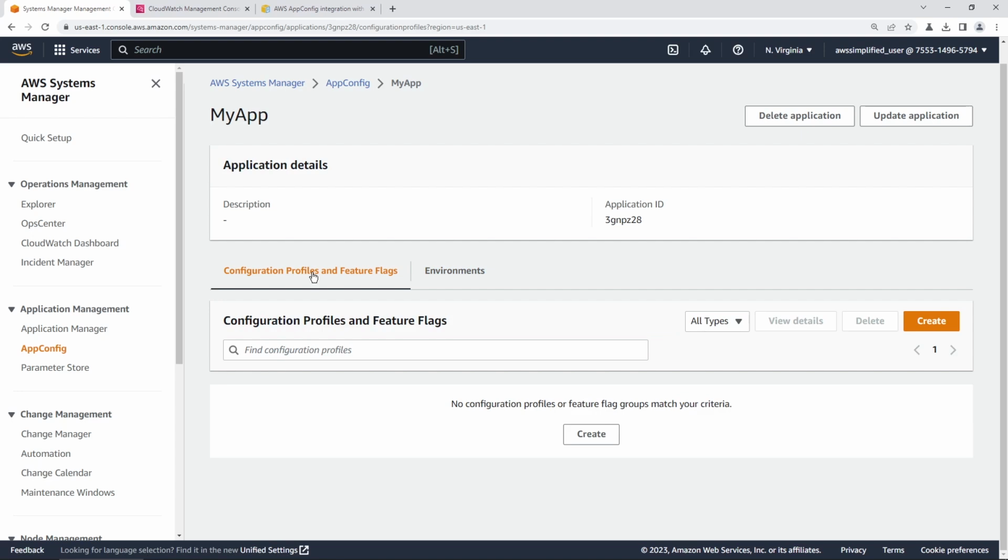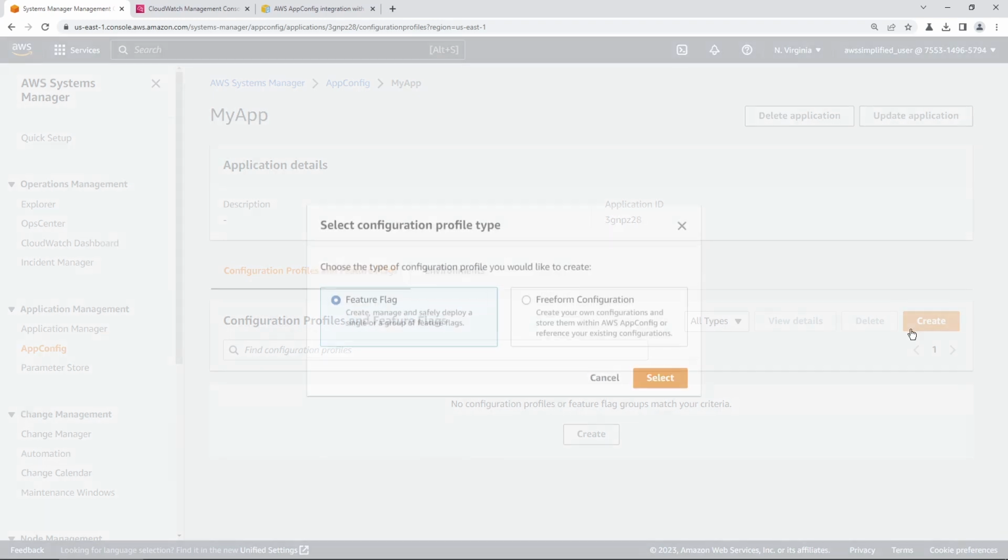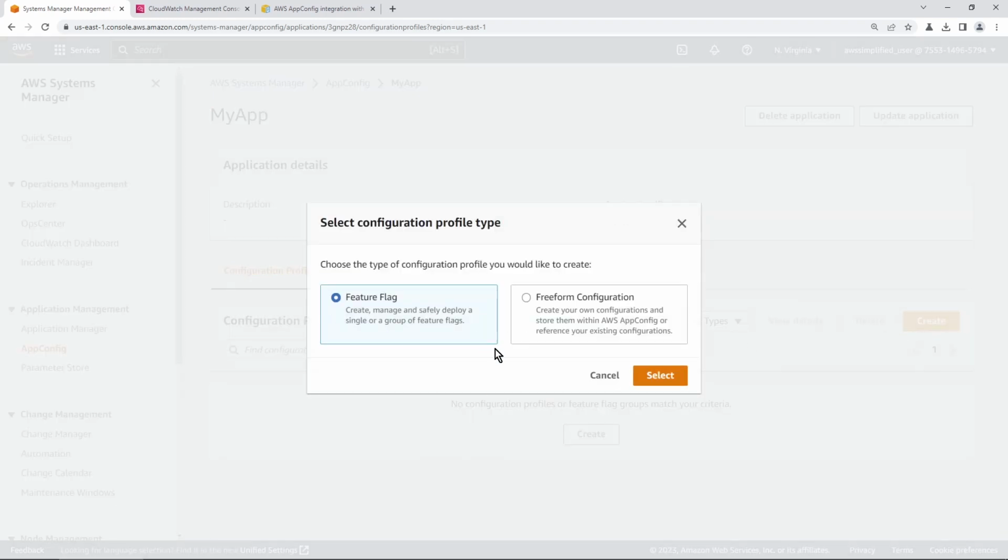We're going to be using JSON in this tutorial, but you can also use those other ones as well. So after clicking on that, we're going to go to create here. And this is going to ask us what type of configuration profile we would like to create. Would you like to create a feature flag or a freeform configuration? I'm going to use the freeform configuration because I think that it allows you to do a lot more and